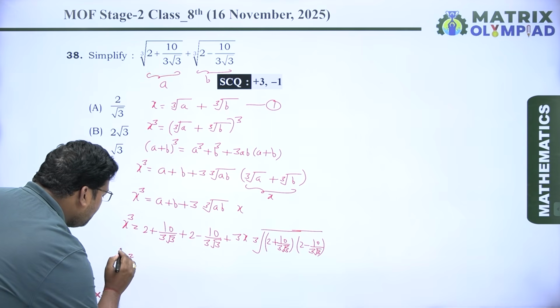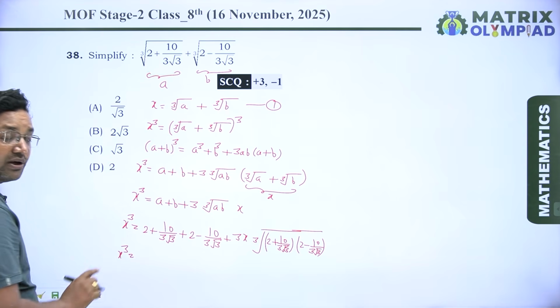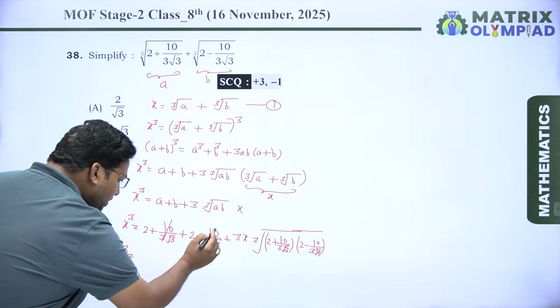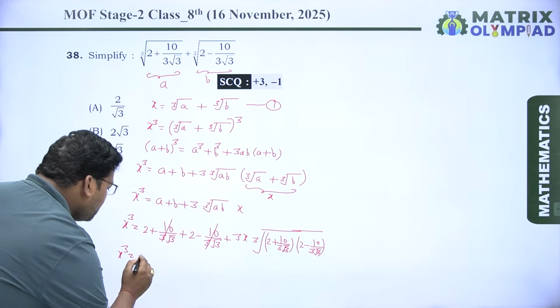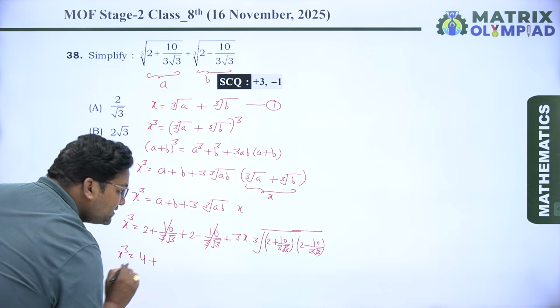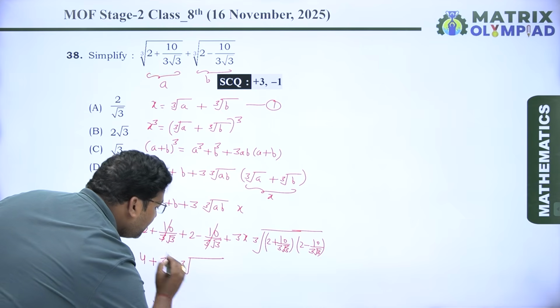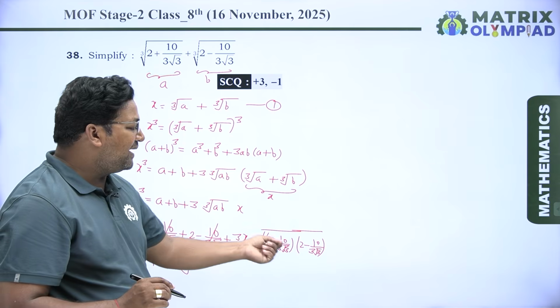Now x cube equal to, here you can see 10 upon 3 under root 3 plus and 10 upon 3 under root 3 is minus. So these two terms cancel out. 2 plus 2 is 4. So it is 4 plus 3x cube root of, when we have to multiply these two numbers,